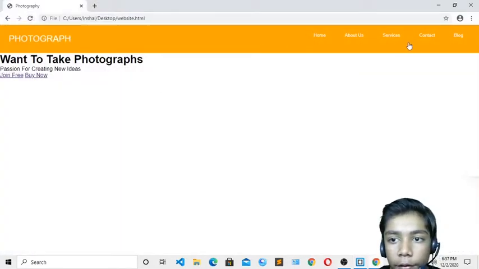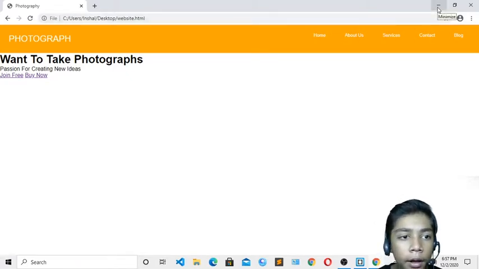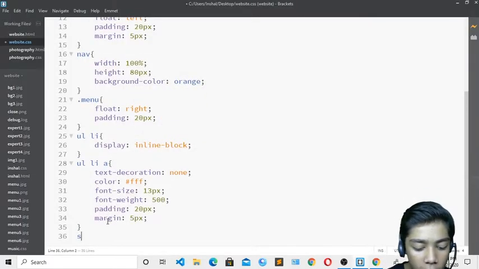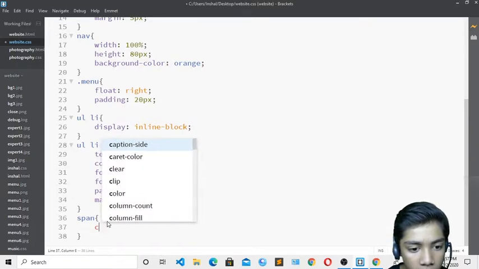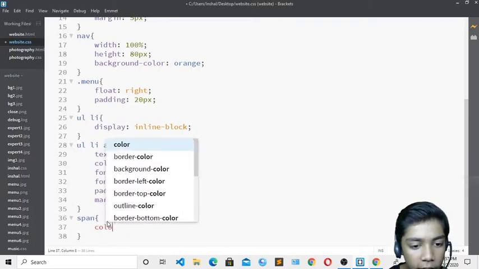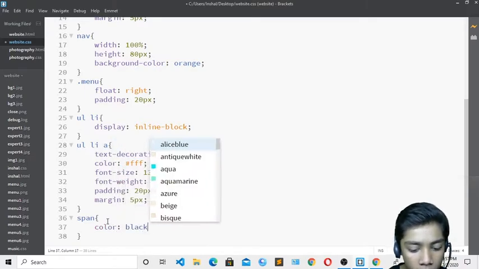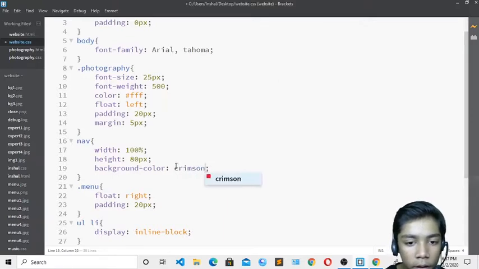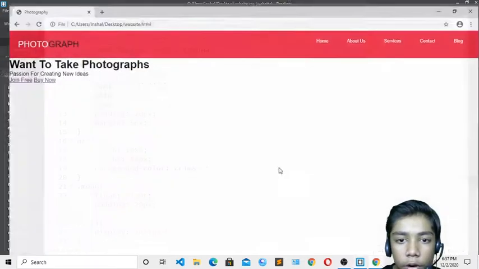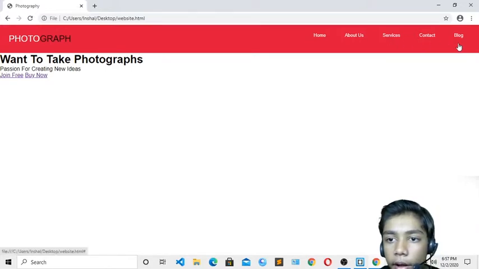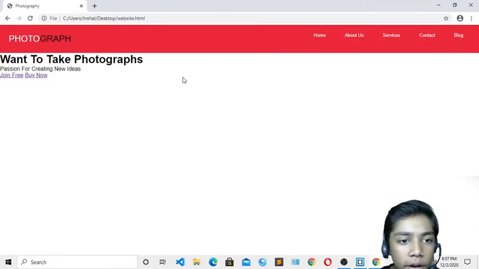Okay, our photograph, then it is our nav bar from here. Till here we have done our work, and now I have to minimize that and change the color of the graph. I will give it crimson. I will write color, and now the color of the graph should change from black to crimson. Now it should be good. Save, and now you can see it is looking good. Just like that you can make that. Now we have done our work over here.